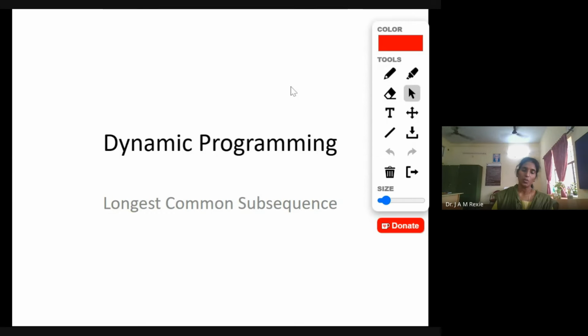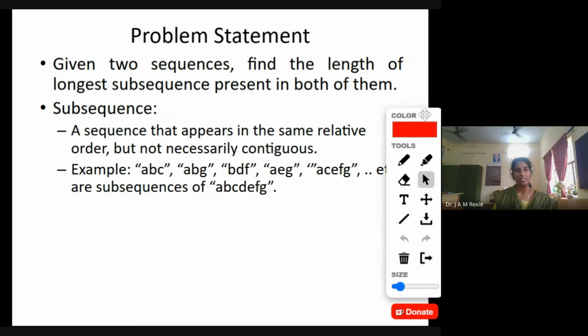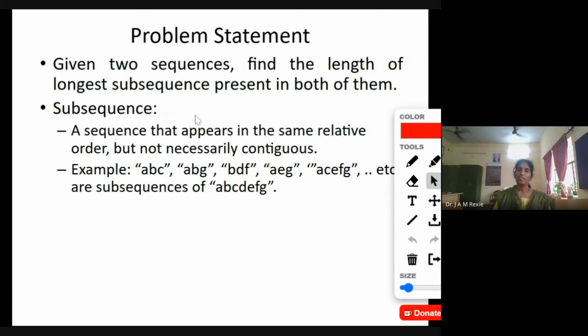In this video, we are going to see how to find the longest common subsequence of given two strings using a dynamic programming method. So the problem specified here is, if you're given two sequences, we have to find the longest common